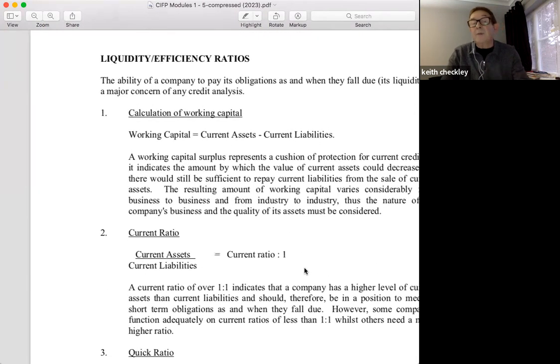Now, the next bunch of ratios, they come from the balance sheet. So you'd see those ratios we've been looking at come from the income statement. Now, these will come from the balance sheet. So these can be known as liquidity ratios or efficiency ratios. And the first one is a very frequently calculated accounting style ratio, which is for the working capital, which we take the current assets from the balance sheet and we deduct the current liabilities, and that will give us a working capital figure. Candice has got a question.